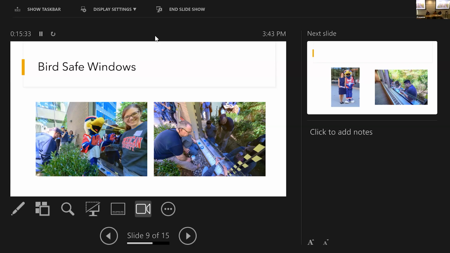And so something as simple as this, you peel off the backing, you stick it on the window. But as you can imagine, if it comes in little strips like this, you have to apply a lot of strips to cover a lot of window. You generally only have to concentrate on lower floors, usually within 1 or 2 stories of the ground. Most birds that hit windows are not flying at height. And so there's a limited number of windows on campus. We decided to start with this building. It's a new building. We had a perceived problem. Students were complaining about having birds hitting the window. And we had myself here and my ornithology class.